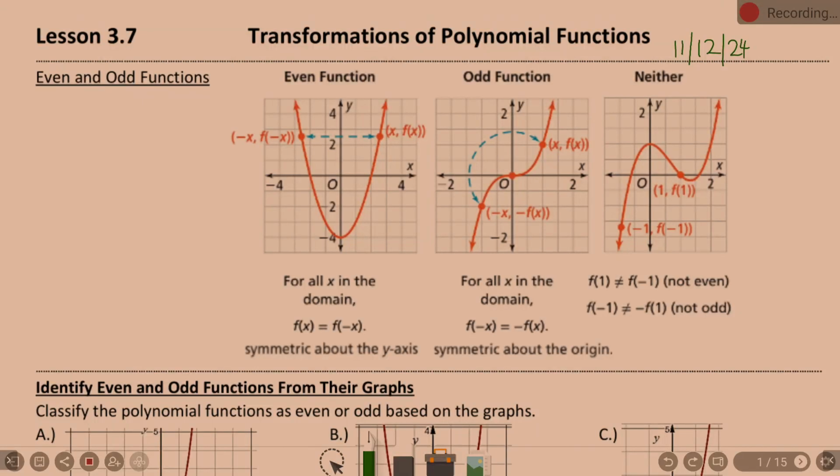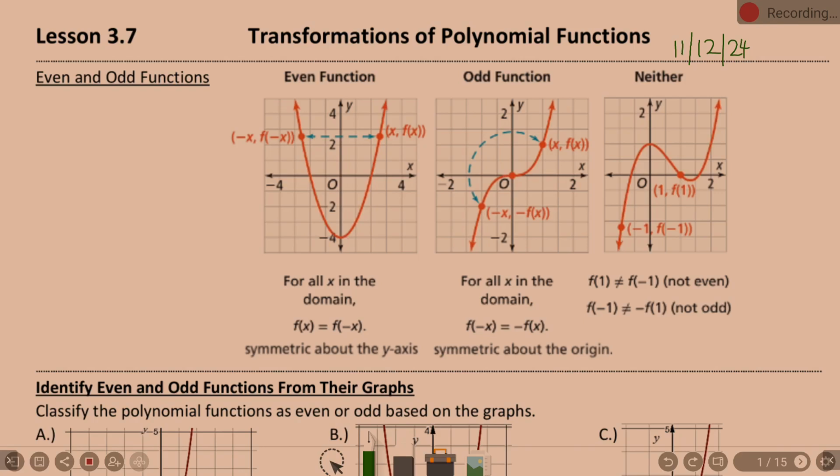7 is transformations of polynomial functions. Not as tedious. I think you'll like this lesson a little bit better than 3.6. Okay. Some of this stuff is going to seem familiar when we talk about what our transformations are. This goes back to Unit 1 or Topic 1 where we had that green paper and how we know all